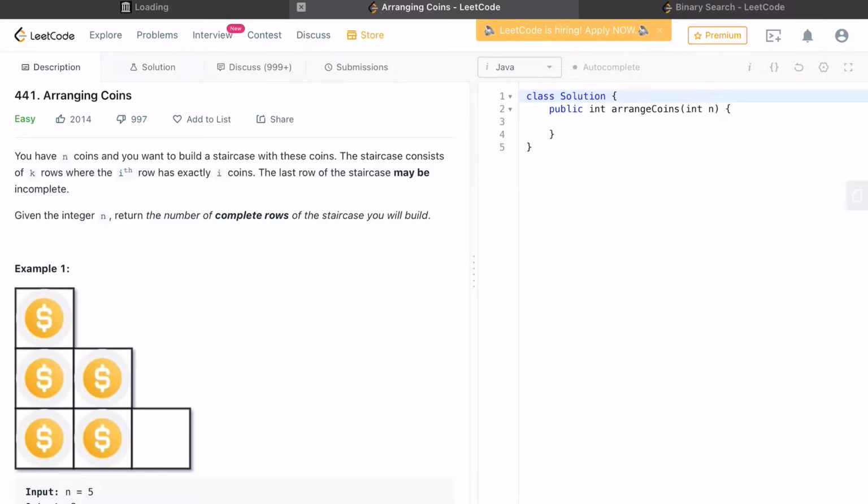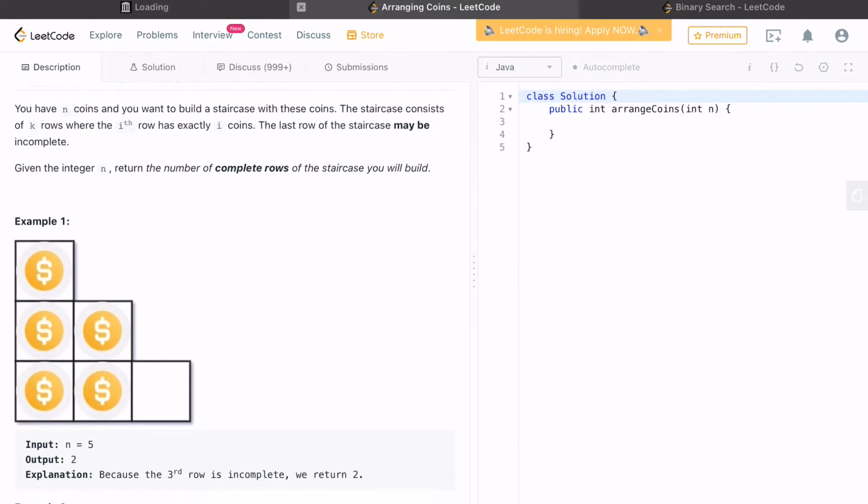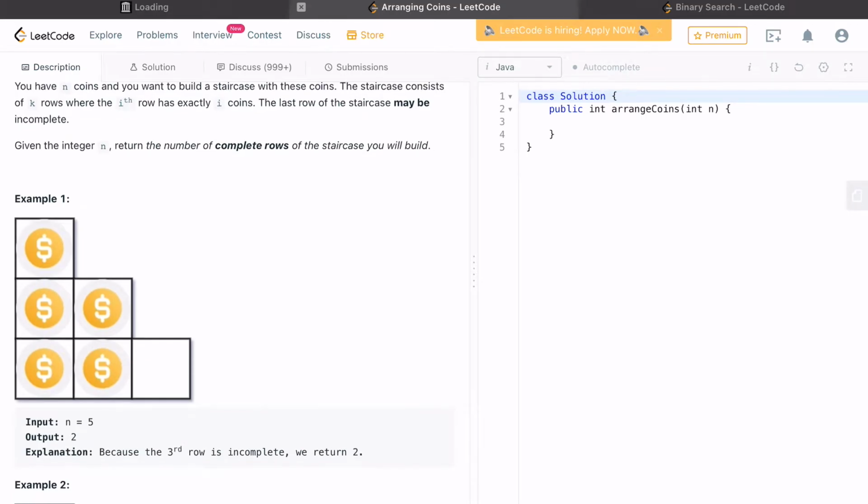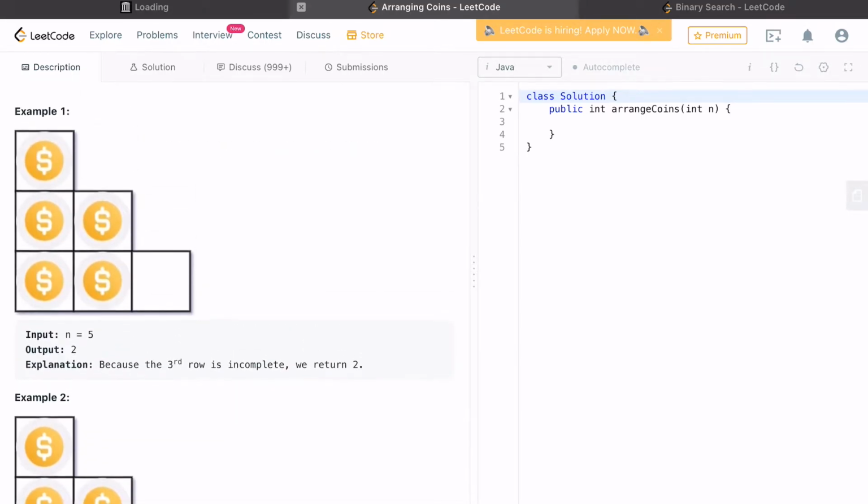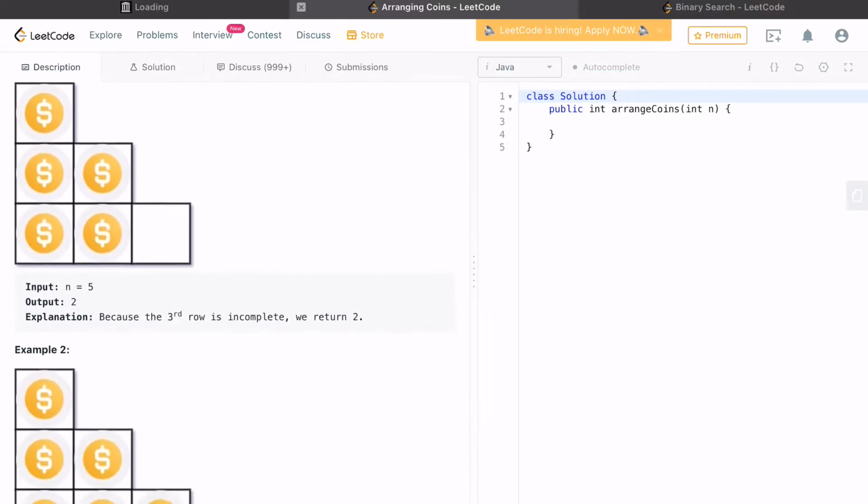So it will complete a certain number of rows and then it may complete the last row fully or not. It may not complete the last row fully. So we have to find the number of fully completed rows. And when I see this question, the first thing that comes to my mind is